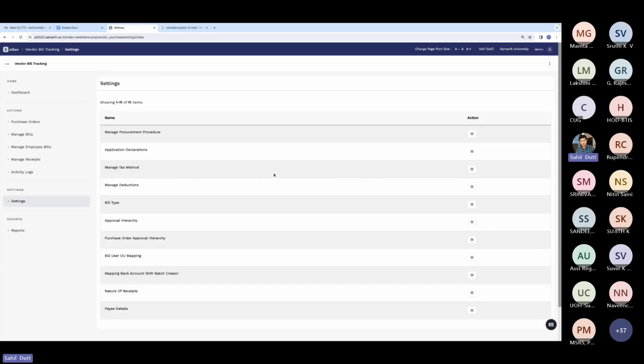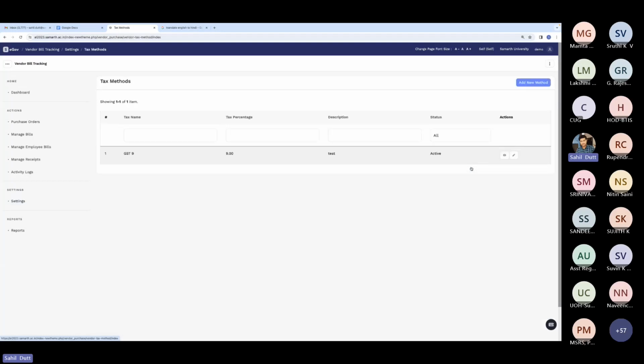So going to the third setting, that is the manage tax method. In the manage tax method, we can define the taxes which we are paying to the vendor on different invoices. So we can define it accordingly, and in future if there is any change,